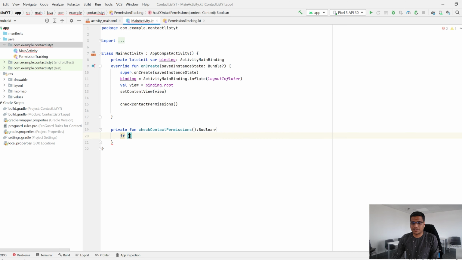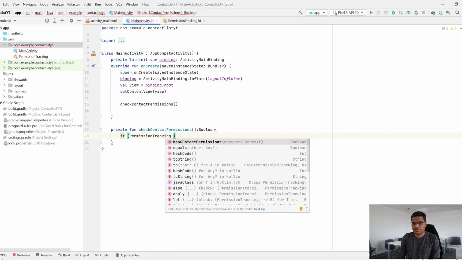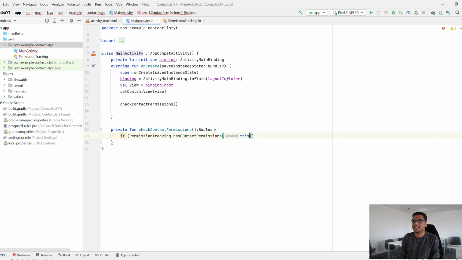Now we can use that object here, permission tracking dot has permission, then we can pass this as a context, and if we have permission, basically it will return true. And if we don't have permission, before it will return false. But we also need to consider one more scenario here, is about if user is using Android OS later than Oreo, we will need to code that separately. So we'll have else if block,